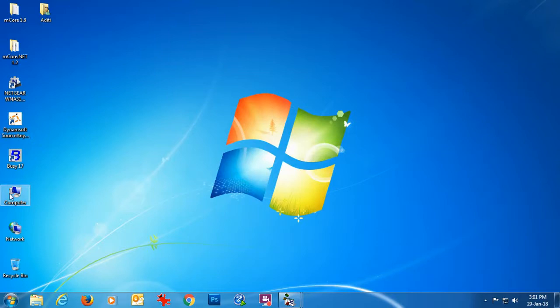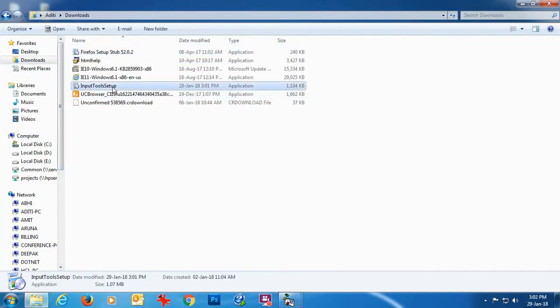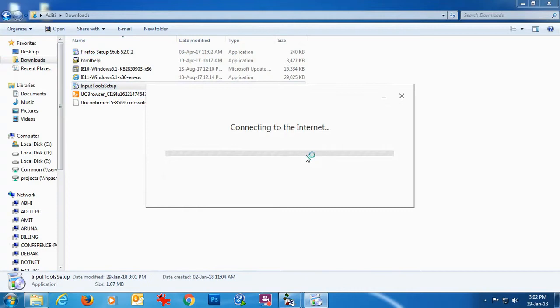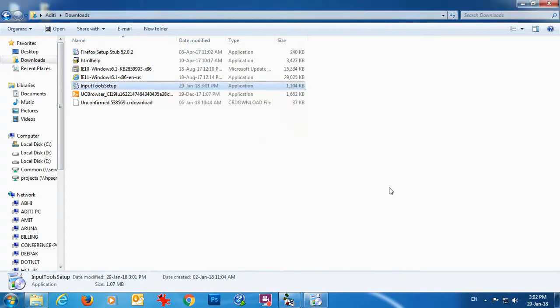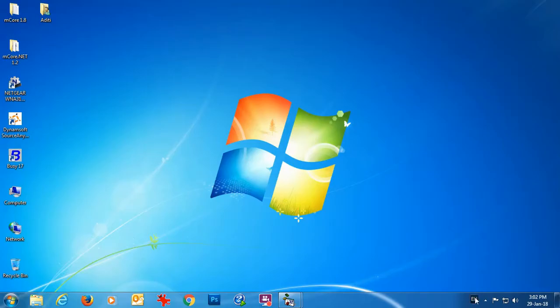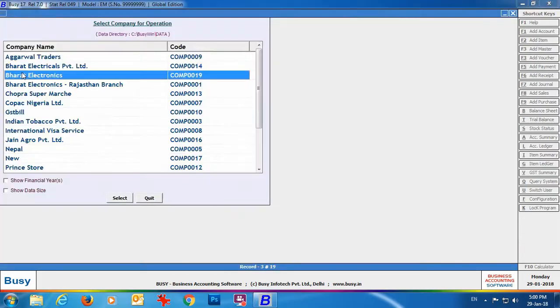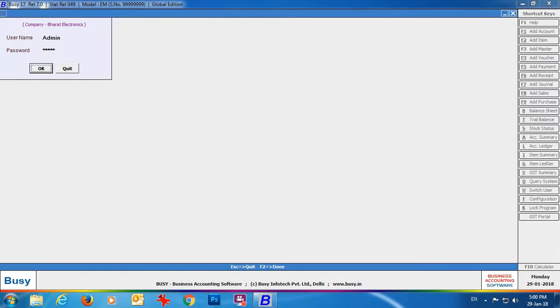We will go to My Computer's download section. Here you can see Input Tools Setup exe is appearing. Install the Input Tool on your computer. Once the installation is complete, you can see in the status bar that it's been installed. Now open the Busy application, open the company in which you want to work, specify super username and password, and